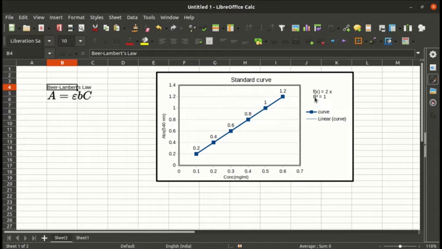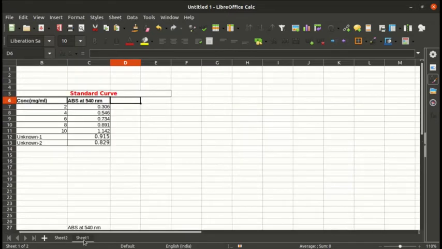Here, when you do the actual experiment and try to plot the values that you've got from the experiment, you should be getting values of r square closer to 1. This means that you've been doing your experiment properly. And the most important part is that the Beer-Lambert's law obeys at low concentrations. Let's get started, and let's see how to construct the standard curve.